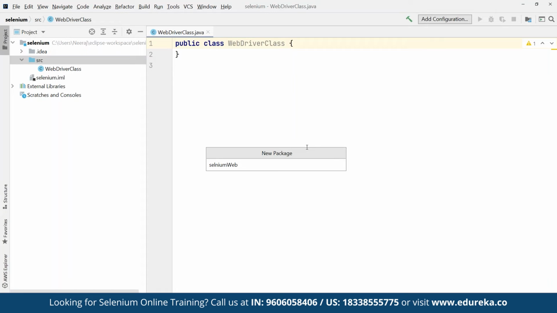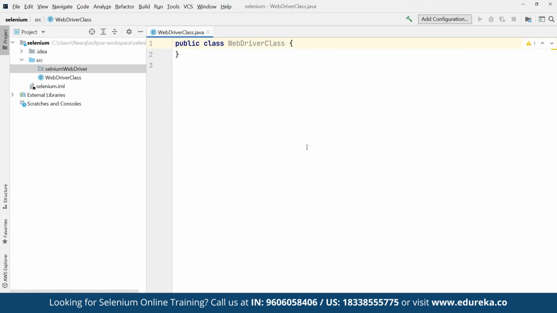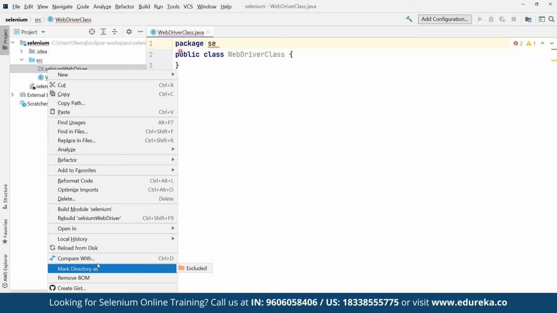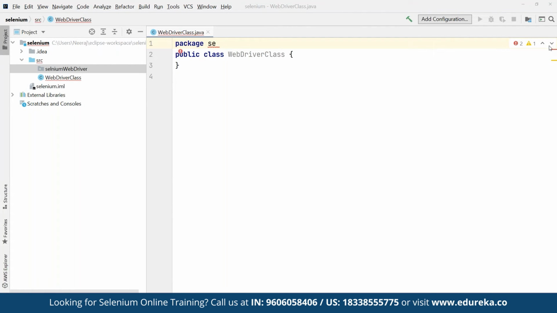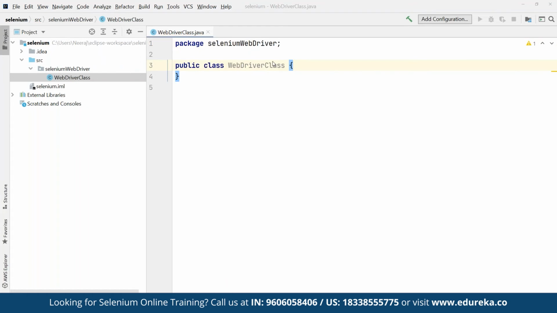Not service here, but again, the Selenium WebDriver package. And here we can include the package, as in, rename it. All right, so here we are going to find Selenium WebDriver, and then we are going to find the WebDriver class. So here we have included the package, and now we are also going to import the other package. So here we are going to import